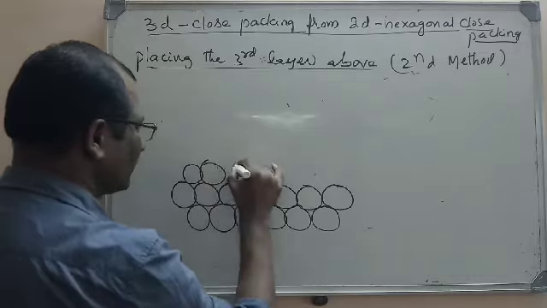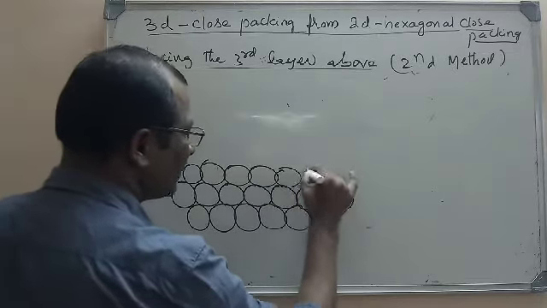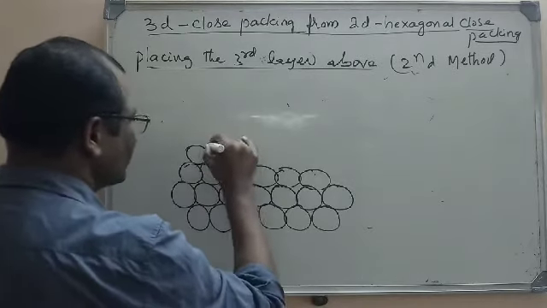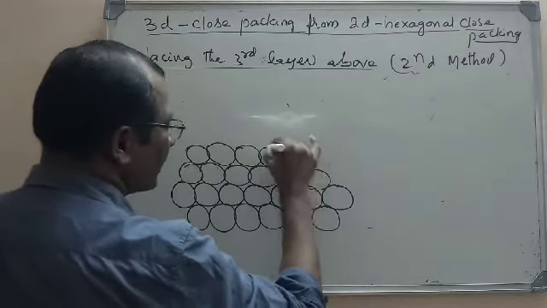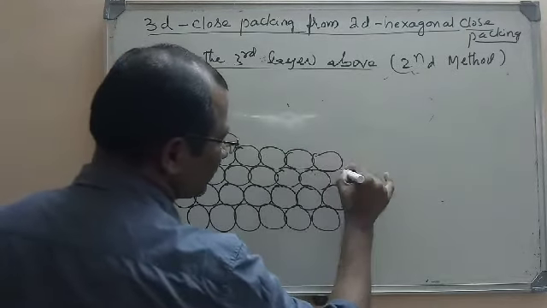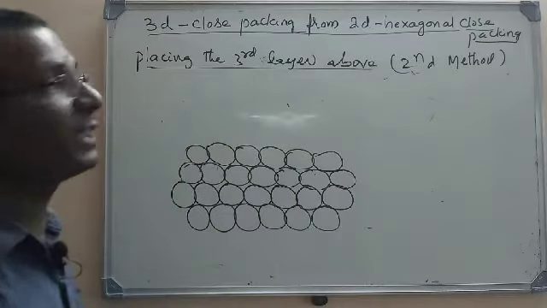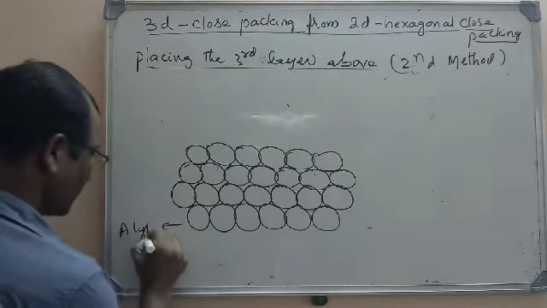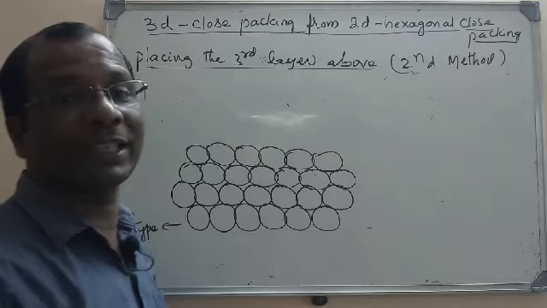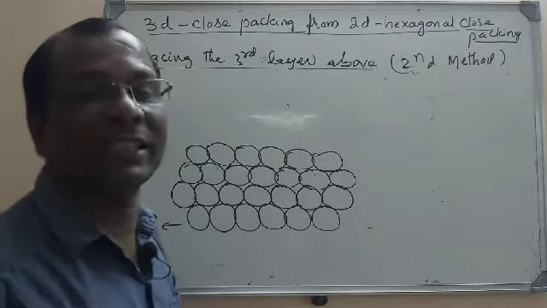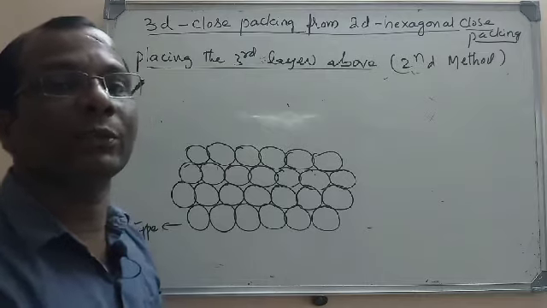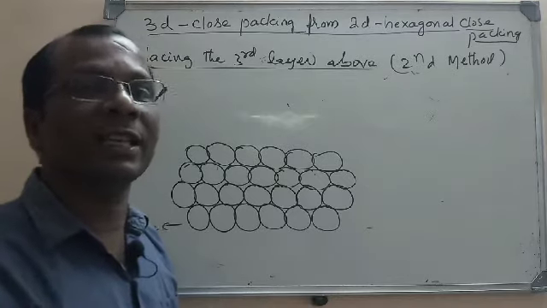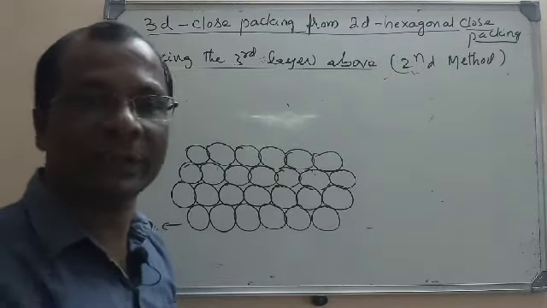So just once again here I am drawing the first layer of two-dimensional hexagonal closed packing, because we need to show all the layers once again here, and this we are using to generate the three-dimensional closed packing. This is the first layer, and also I clearly mentioned this is of A type. Also we have laid the second layer. Once again I am recalling, the second layer is common, only the third layer is varied. The third layer can be kept in two different ways. The first layer is common and the second layer is common. We can place the third layer in two different ways to get two different crystal lattices.